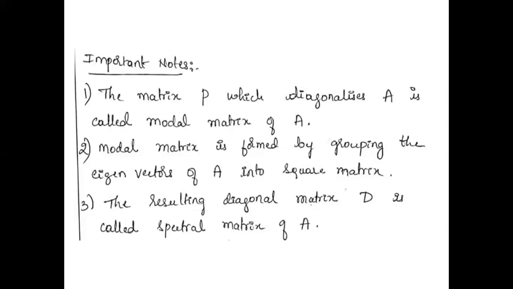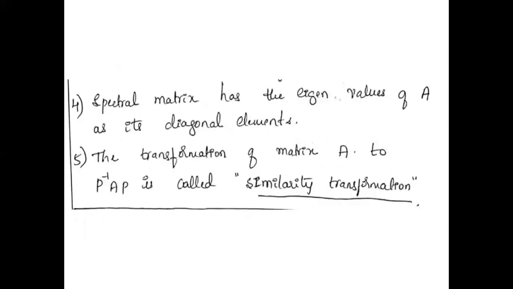From the model question paper which has been shared, they've basically just asked you to diagonalize a given matrix A. So that is a standard question which you can expect in the exam. The spectral matrix, that is the diagonalized matrix, will have eigenvalues of A as its diagonal elements. That will be a check which we will implement to see whether our answer is correct or not. Whatever eigenvalues we find to get the eigenvectors will precisely exist as the diagonal elements. And this kind of transformation, as mentioned before, is known as a similarity transformation.